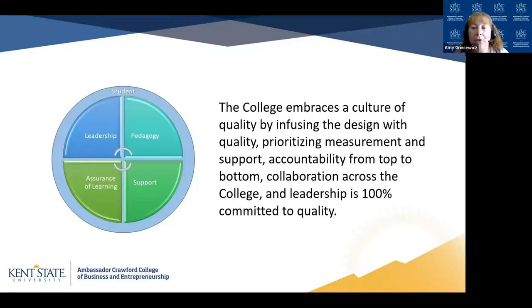The implementation of the module surveys. For the most part, I don't think faculty really realized the module surveys were in their courses at the beginning. But it really did help drive some of those conversations with faculty when the students were saying the same things that the instructional designer was saying. Another clear connection is that the students were saying the same thing the instructional designer was saying, as well as when the course went up for QM certification, the QM reviewers were saying the same thing. And so having that redundancy really helped.